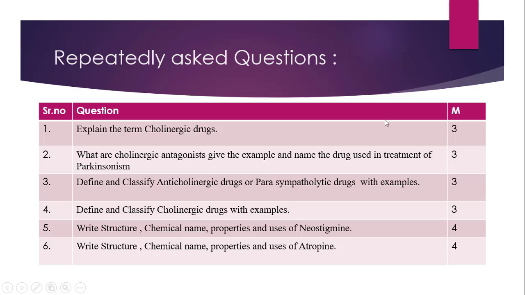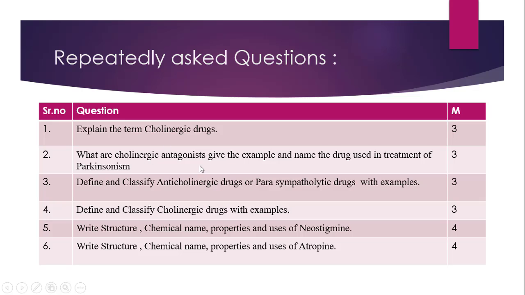This question comes in the exam for 3 marks. Sometimes they may ask you for 2 marks also. So this explaining the term question generally comes for 2 marks or 3 marks. Along with this combination, some other question may also be asked, or the structure may also be asked for the 3 marks. Then question number 2